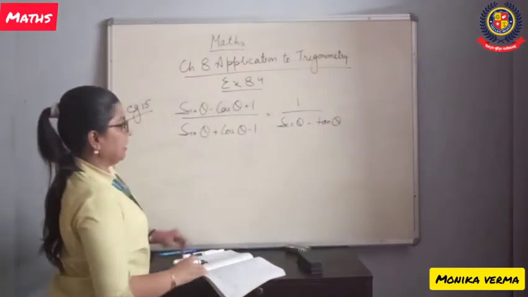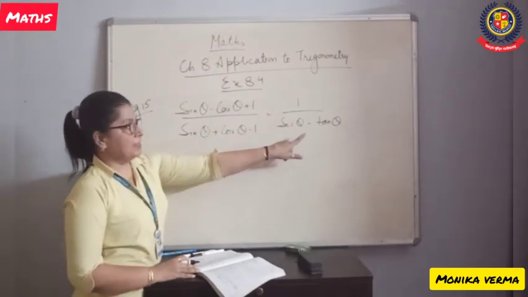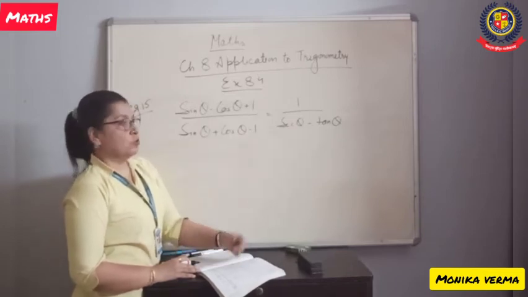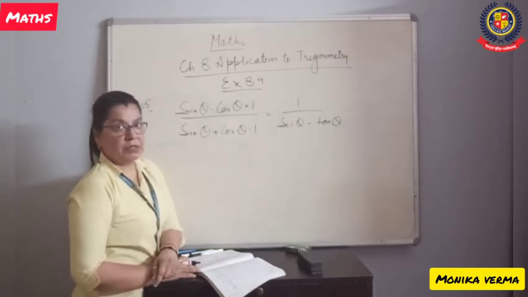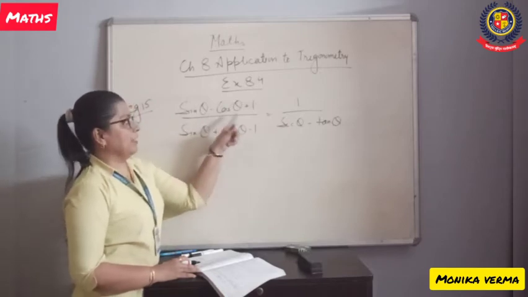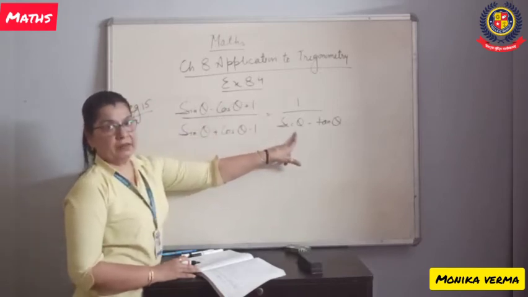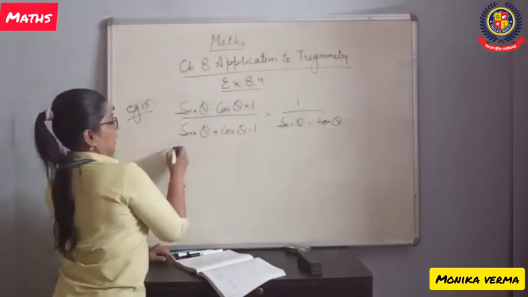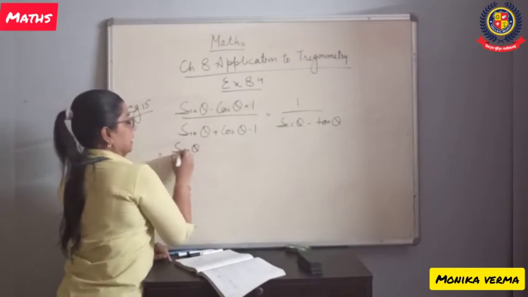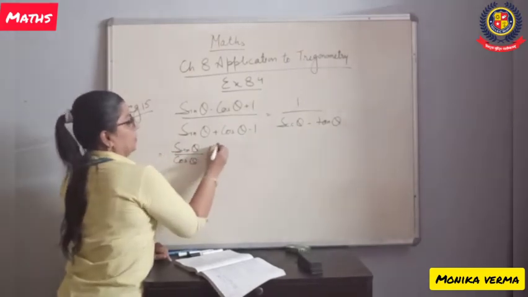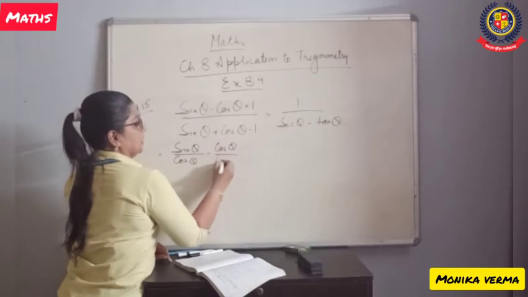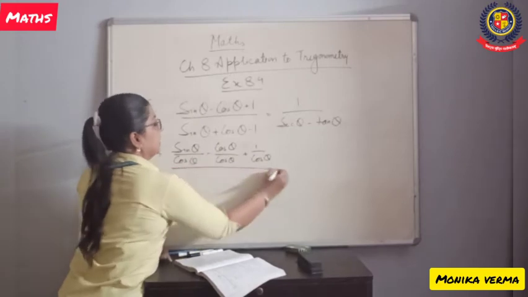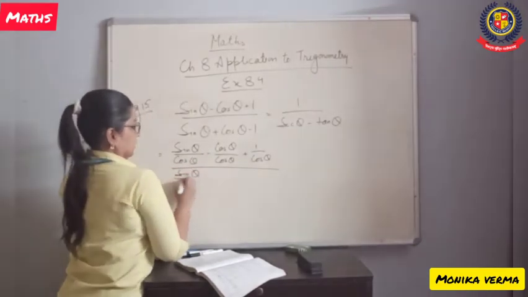Now we have to take care that we have to prove RHS and we need expression in denominator. So whatever changes we'll do, we'll do that in denominator. Second thing, here we are having sin and cos, and here we are having sec and tan. So we can convert it in sec and tan. How we can do it? I can write it as sin theta by cos theta minus cos theta by cos theta plus 1 by cos theta. It means I have divided numerator as well as denominator by cos theta.